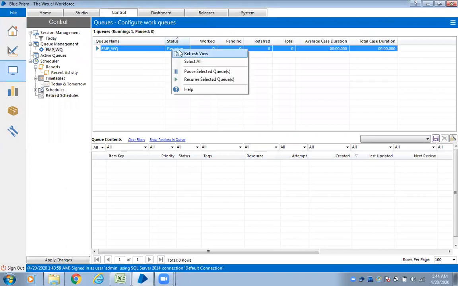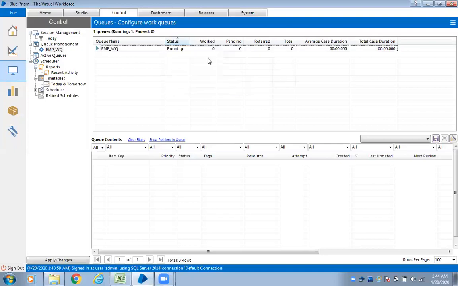If you pause this work queue, you cannot use it in your process. It means you can use it, but it will not process any data. Always, when you are using a work queue in a process, if it needs to pick the data, your work queue status should be in a running state.